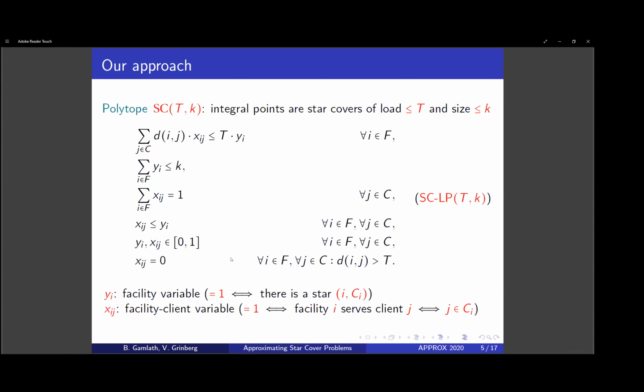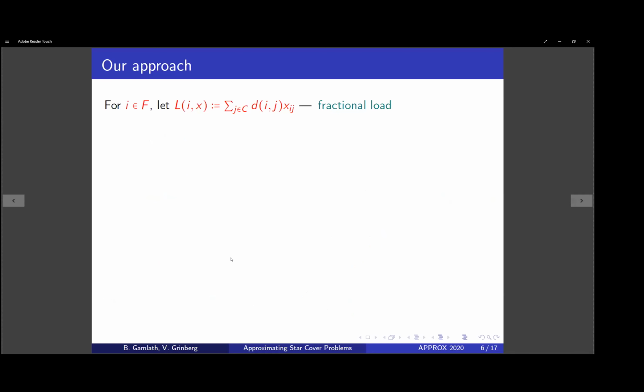The first one ensures that we have load at most t, the second one that size is at most k, and the other constraints are standard constraints that ensure that every client belongs to exactly one star, and that we do not assign clients to stars that are not present. We don't assign clients to facilities that are not open. And by L_i(x), we define the fractional load of facility i with respect to solution x,